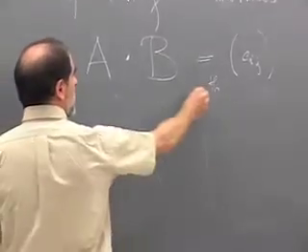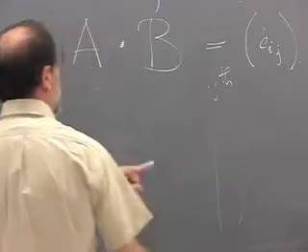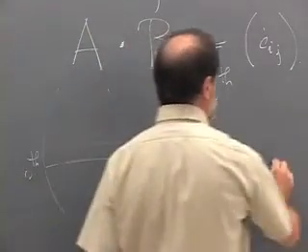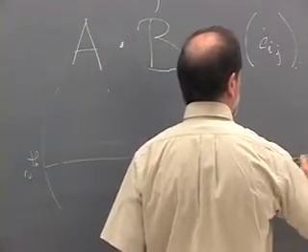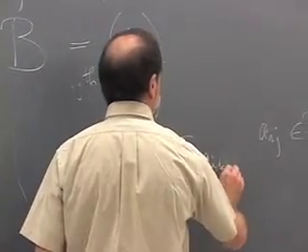You multiply this element by this element. Then you multiply this element by this element and add those. You multiply and you add up. So the formula in mathematics, although it's not that useful, is the sum over k of aik times bkj.